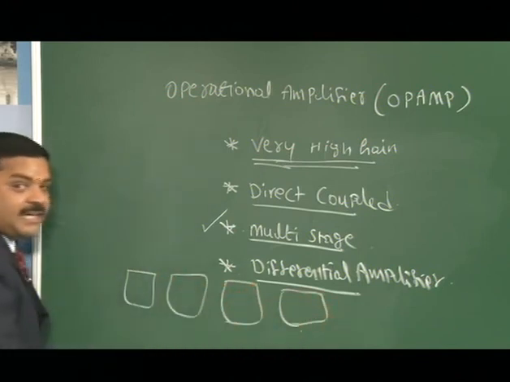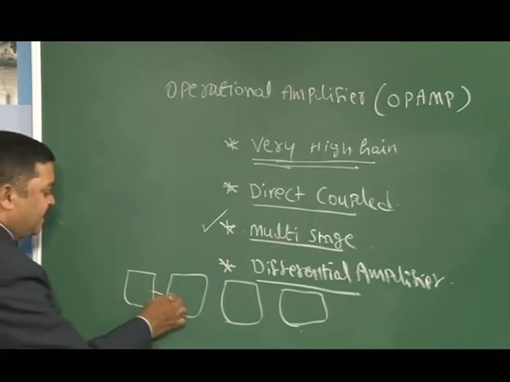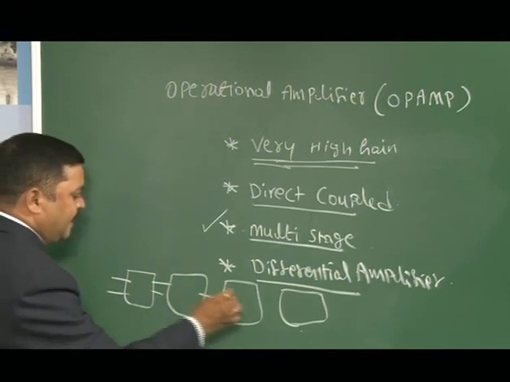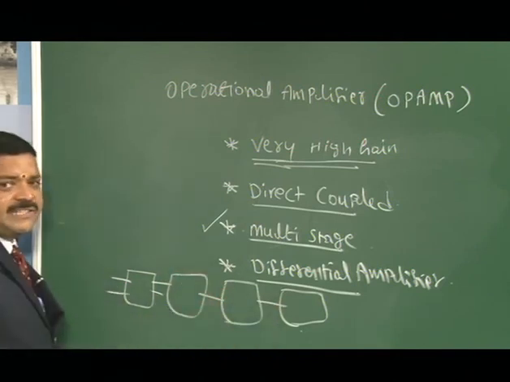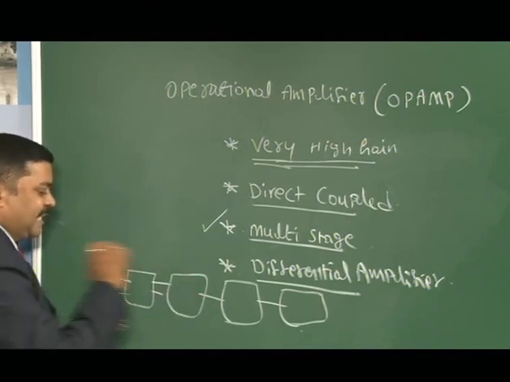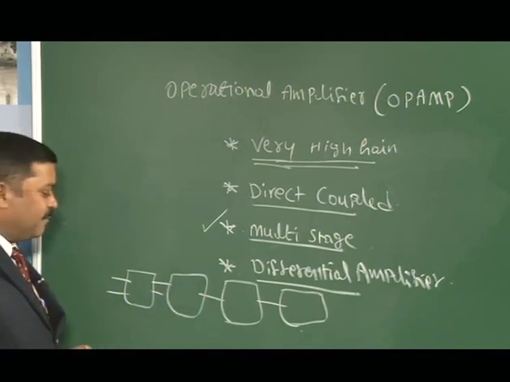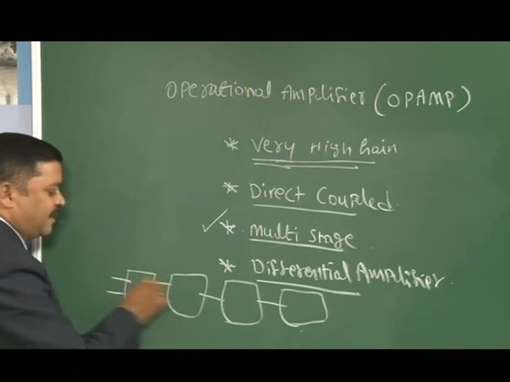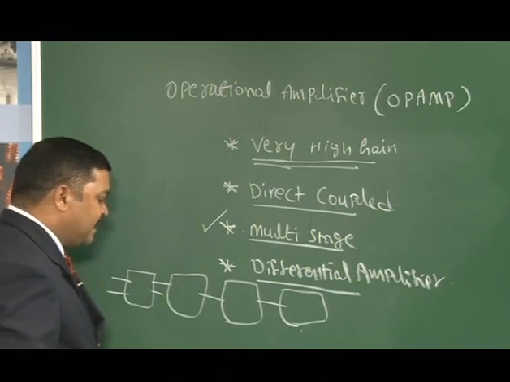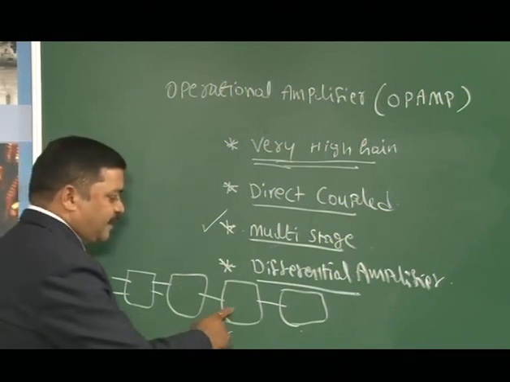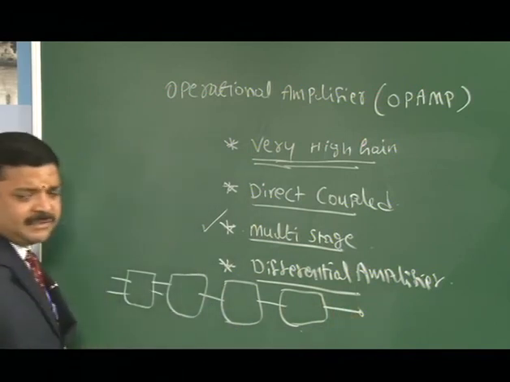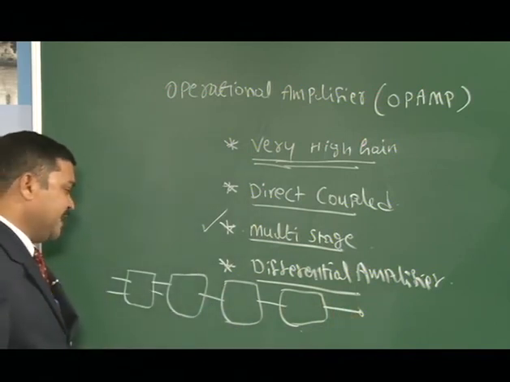We will see the block diagram of the operational amplifier. That time you will come to know that this is the diagram. There are 4 stages in the differential operational amplifier. So, it is a multi-stage differential amplifier. The first 2 stages are differential amplifiers. The next stage will be the level shifter and buffer circuit, and the last stage will be the driver circuit or the output stage.